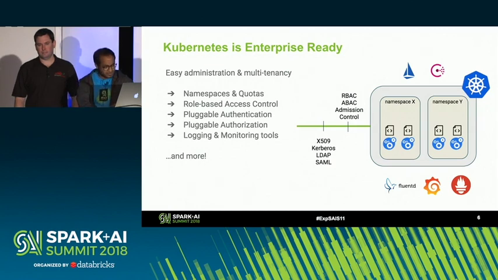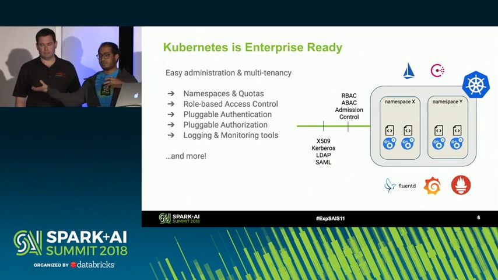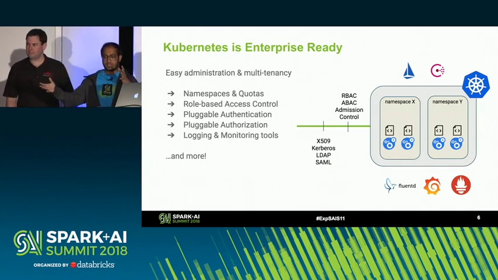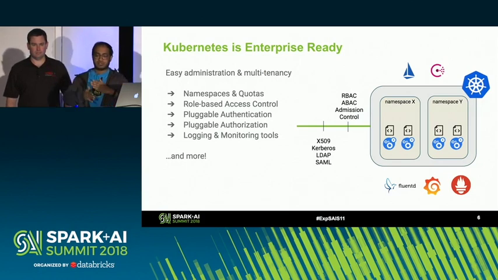So for example, there's namespaces and quotas. This is a Kubernetes feature that lets you, say, give a different logical view of your cluster to different teams. For example, you have a data science team and a web server team. You want them each to have different views of the cluster so their applications don't interfere with each other. And at the same time, you want to impose constraints. Maybe the data science team only gets to use X gigs of RAM and so many CPUs, right? Similarly, there's access control, which is super important.